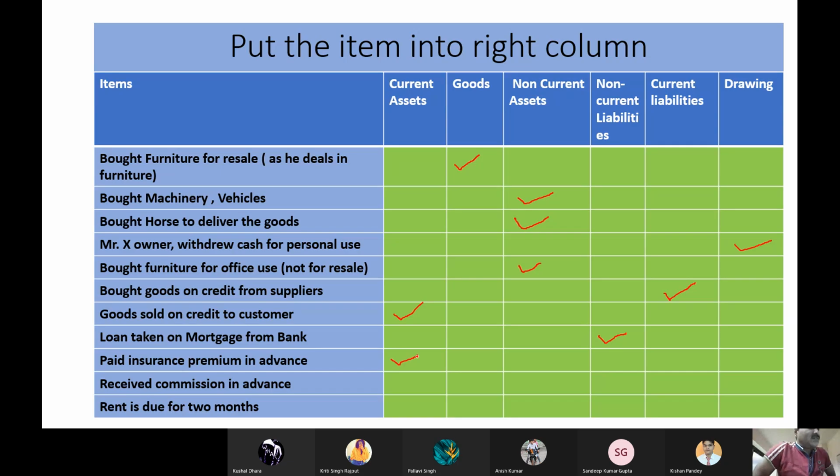Now received commission in advance. So received commission in advance means this is such kind of income for which we have not rendered services yet, but we have received money in advance. So this is not mine. जब तक हम इसके लिए सर्विस नहीं दे देंगे तब तक वो कमीशन मेरा नहीं होगा. तो जब तक सर्विस नहीं दी गई वो मेरे लिए एडवांस के रूप में पड़ा है, और दिस विल बी कॉल्ड लायबिलिटी, क्योंकि जो पैसा दूसरे का है वो लायबिलिटी. सो लायबिलिटी, बट व्हाट काइंड ऑफ लायबिलिटी? करेंट लायबिलिटी, बिकॉज इट कैन बी रीपेड विदिन ईयर्स टाइम.